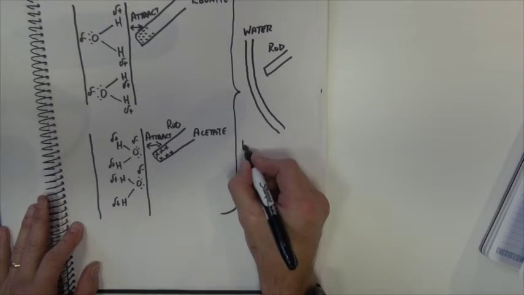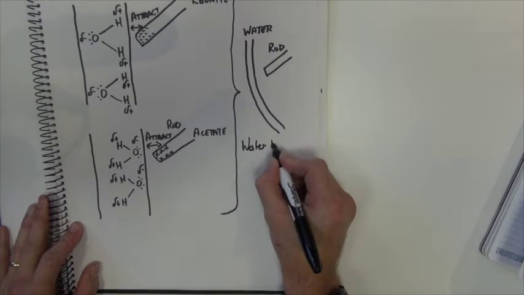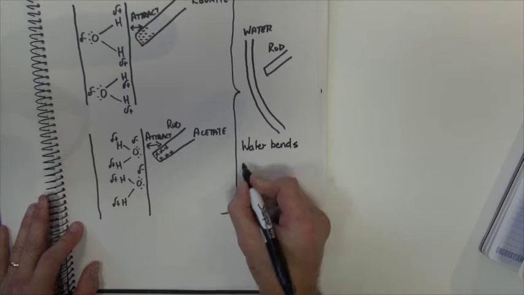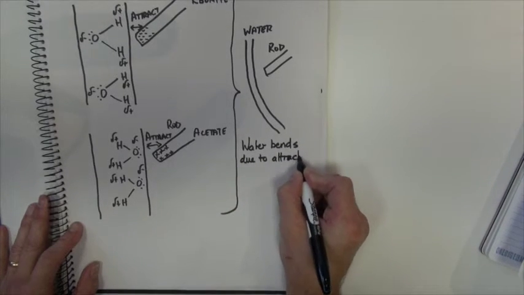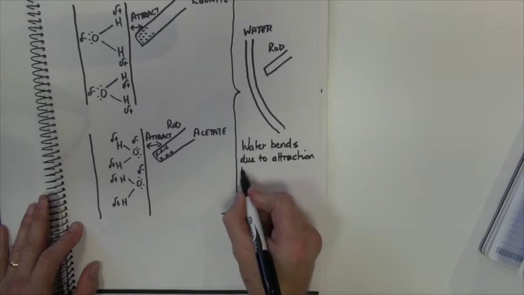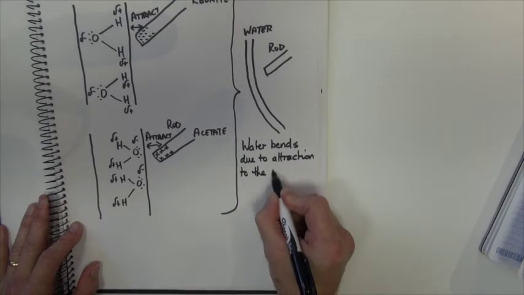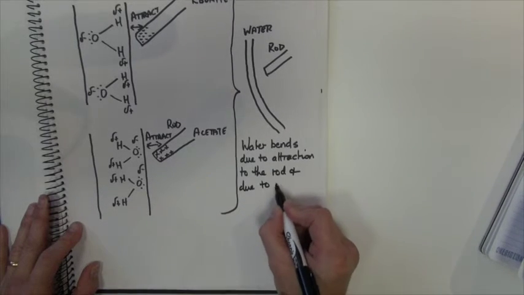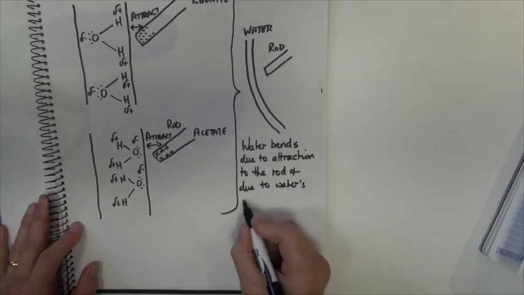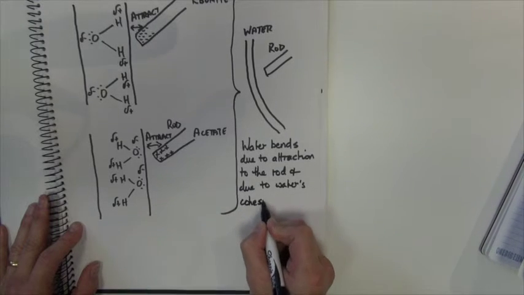So to sum up, what we will have is water will orientate itself and bend towards the rod due to the attraction between the partially positive and negative charges of the water and the rod, and also due to the cohesive nature of water, which basically means it is able to be elastic and bend the whole stream of